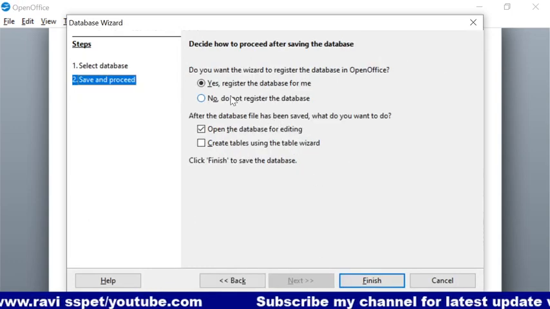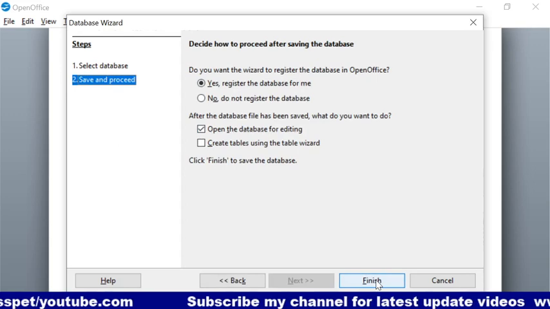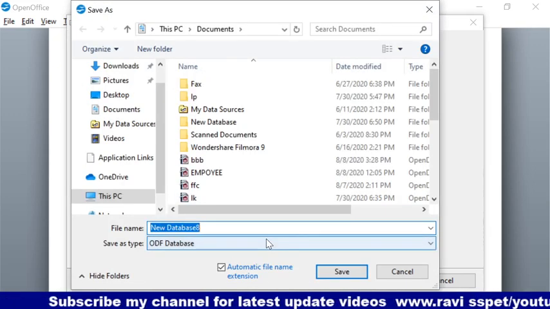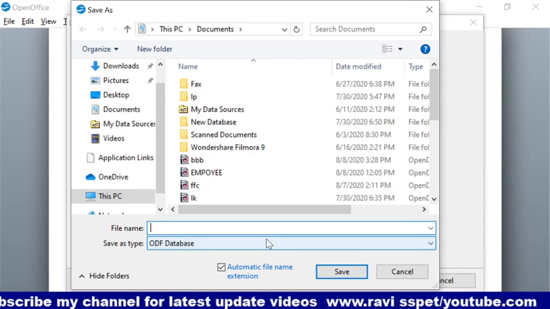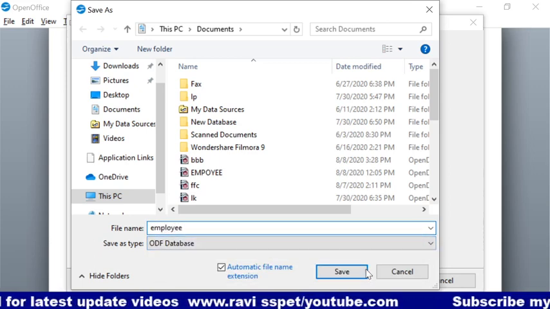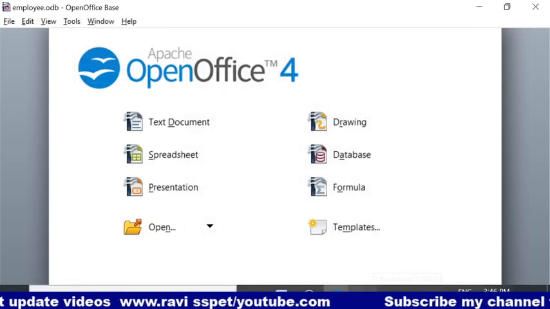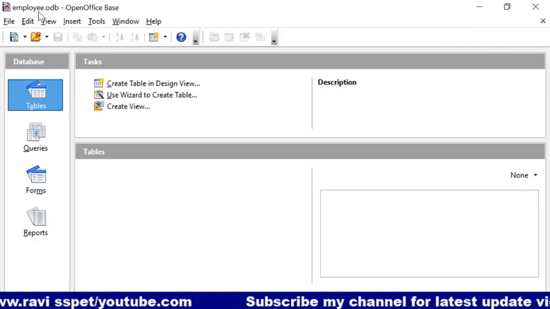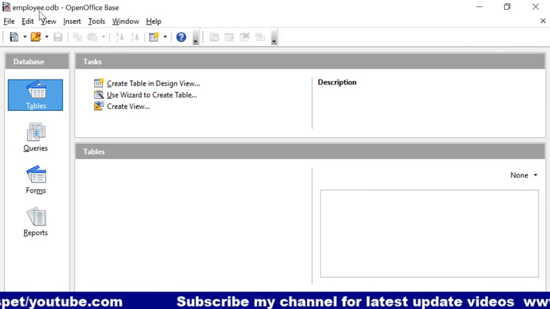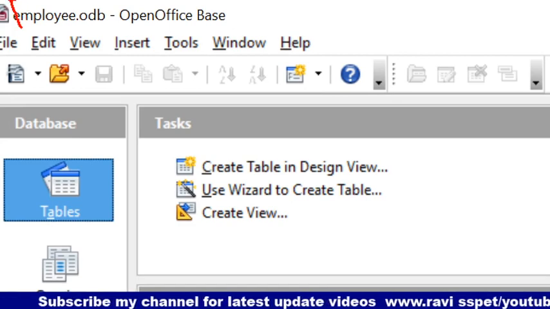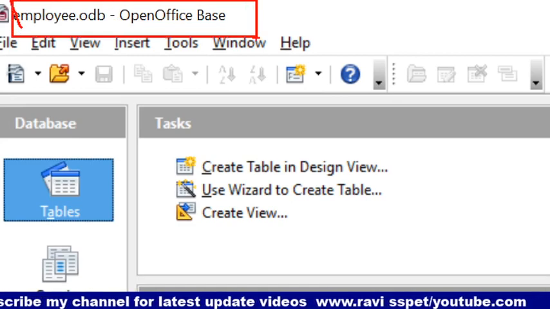Next, yes, register the database for me. Finish. It will ask the database name here. Here I am creating employee database. Employee. Okay, save. Okay, so see here, employee database. You have to observe here, this is the employee database created.